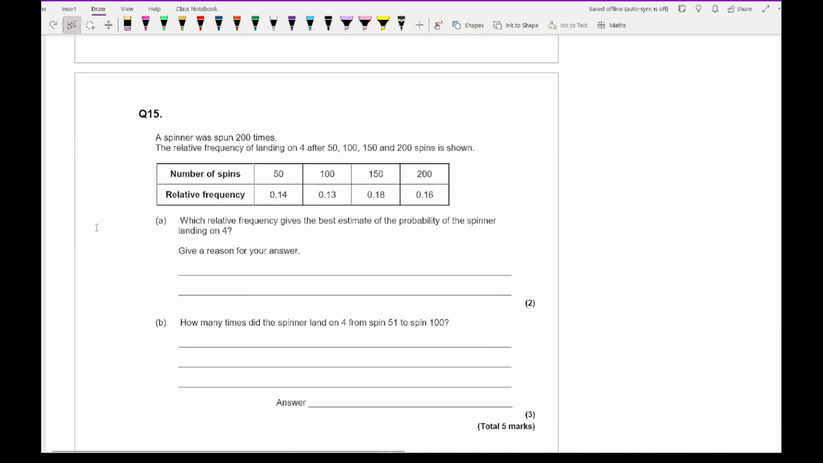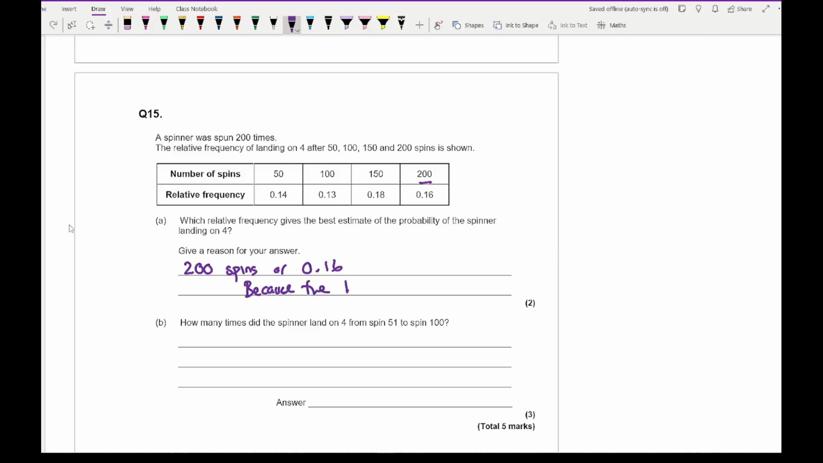Moving on to question 15, so it says that a spinner has spun 200 times. The relative frequency of landing on a 4 after 50, 100, 150 and 200 spins are shown. Which relative frequency gives the best estimate of the probability of the spinner landing on a 4? And the best estimate is going to be the last one. So it's going to be 200 spins or 0.16, and the reason for it is because